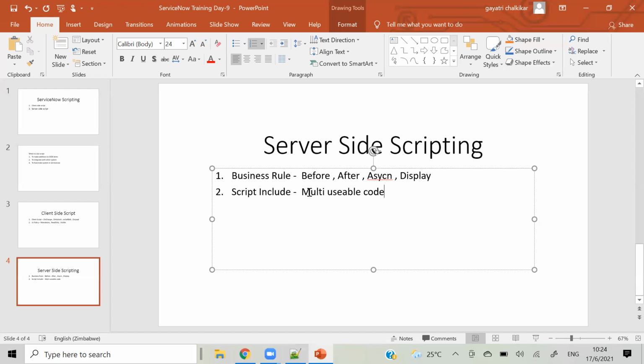For a small example, I need details of an employee. Like I need his email ID, I need his manager name, I need his phone number, and I have written that script in script include.